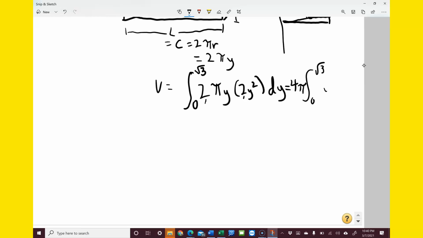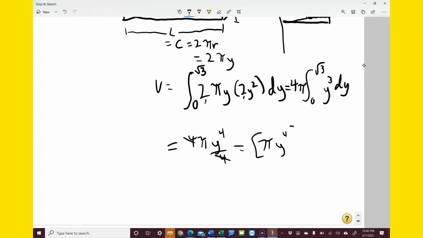And I've got a y cubed dy. And so that becomes 4 pi y cubed, sorry, y to the 4th over 4. That cancels that, which is just pi y to the 4th as we integrate from 0 to square root of 3,